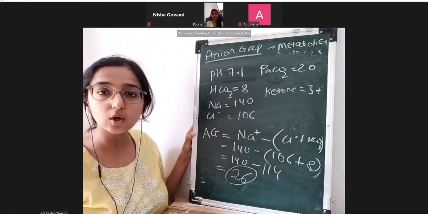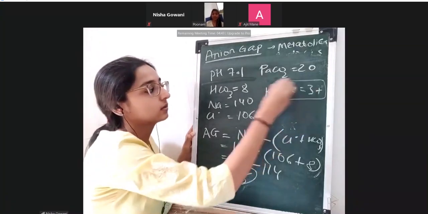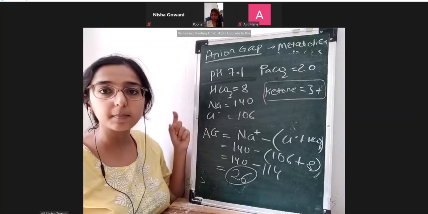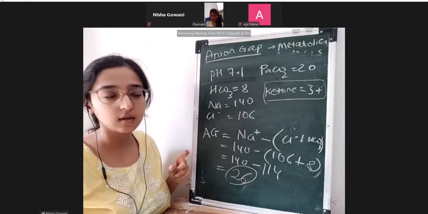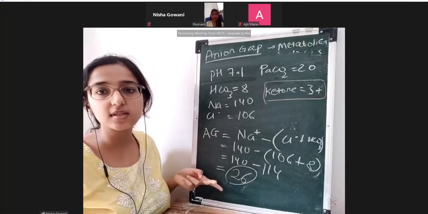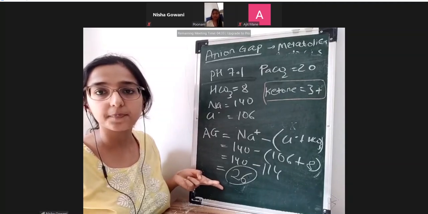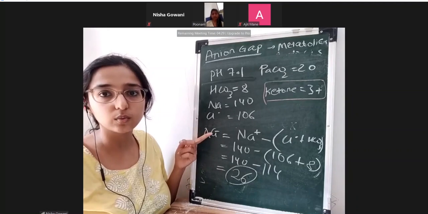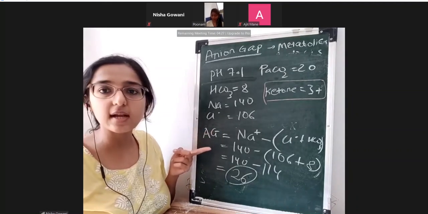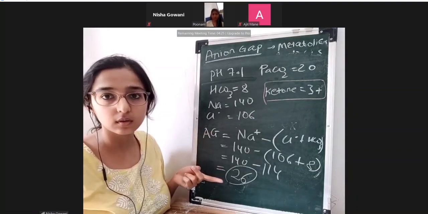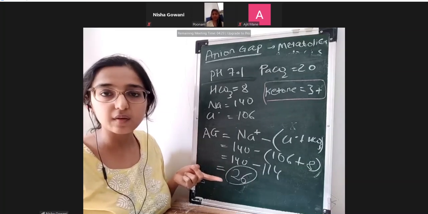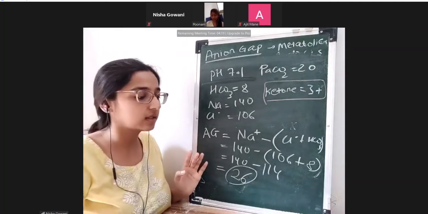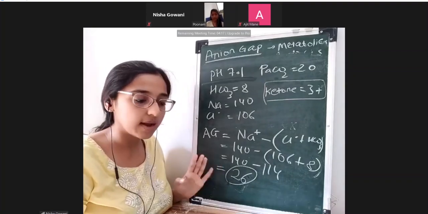Most probably the cause of the anion gap is ketoacidosis. That CAT MUDPILES mnemonic which is there. So ketones are responsible for this high anion gap. Okay. Now suppose in this we had an albumin value, and if that albumin was less, then we would do a correction, if he was having some protein loss. So this is it. There is nothing else in this. Anion gap is over.